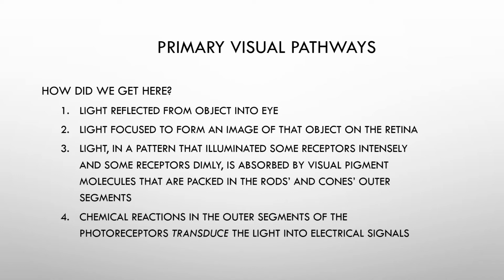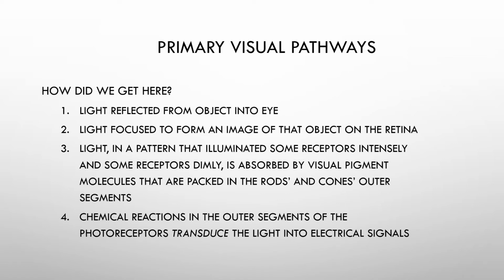Okay, we're going to get to our primary visual pathways, getting out of the retina. And first I'm going to do this: how did we get here? Which is an allusion to the Talking Heads, just so you know, of that song, How Did I Get Here? So light reflected from an object into the eye, light focused to form an image of that object on the